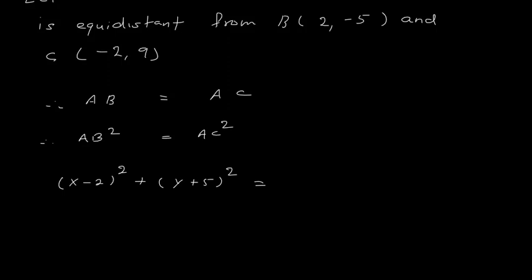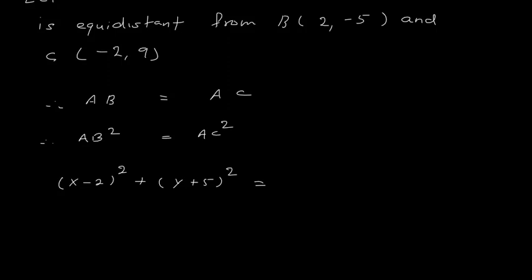Now see distance formula, you apply distance formula, which is x2 minus x1 the whole square plus y2 minus y1 the whole square. You can use this formula, or you can use the formula x1 minus x2 the whole square plus y1 minus y2 the whole square. Obviously you have to take the square root, but as we are taking square of the distance, therefore I am not using that square, okay. So the coordinate of point A is x, y, so it will be x -2 the whole square plus y minus -5 the whole square. So when I subtract -5, it will become +5, so it will be y plus 5 the whole square. So this is AB square is equals to AC square.